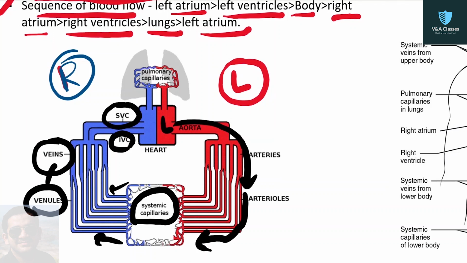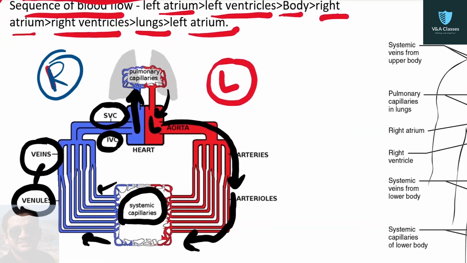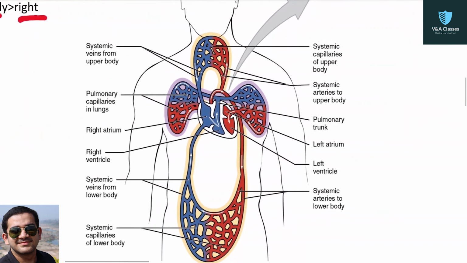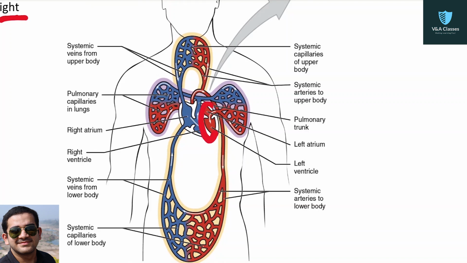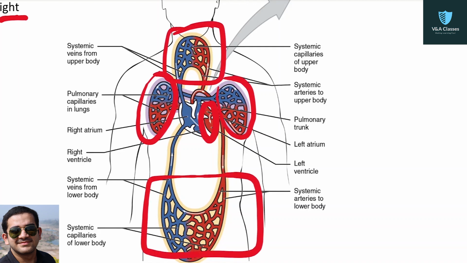Now after draining all the deoxygenated blood via superior and inferior vena cava, all the blood will go into lungs. Lungs will oxygenate those blood, okay, and again send them back to the left side of the heart. Okay, so this is the whole pattern of circulation in humans. Here also we can see by means of color code, left side of the heart, oxygenated blood. These are the lungs. This is the upper part of the body. This is the lower part of the body. So from left side, the oxygenated blood goes to the body.